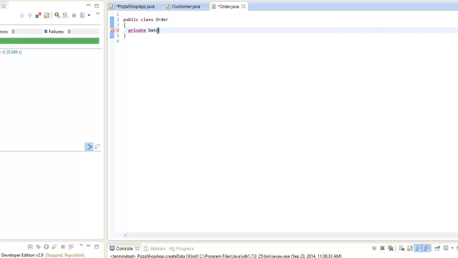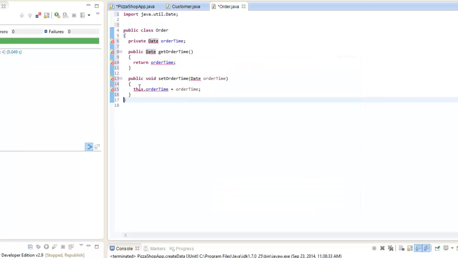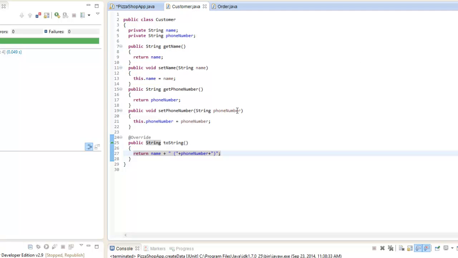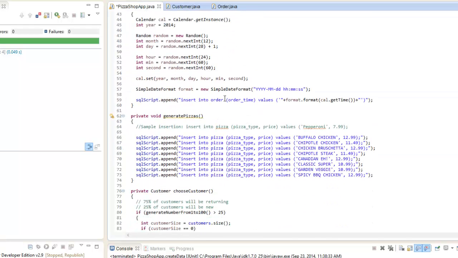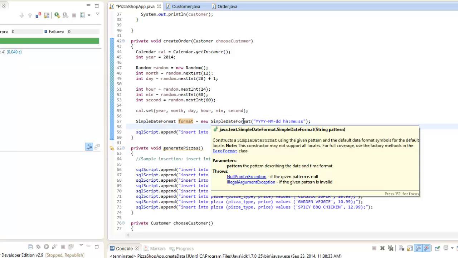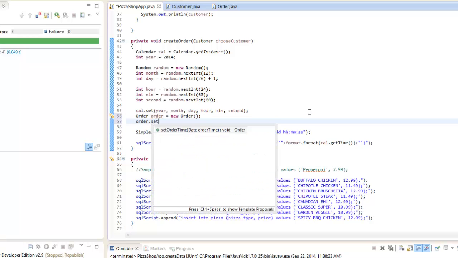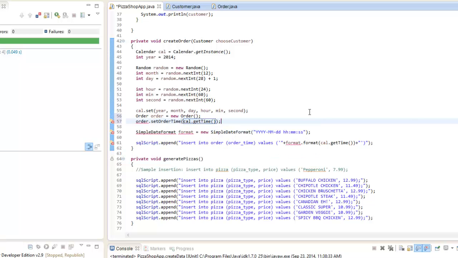Private date order time, like so. Import the util Date object and go back to here, and when we actually create our time, what we can do is say order equals new Order, and we will say order.setOrderTime, which will be cal.getTime. And then we can do format order.getOrderTime,